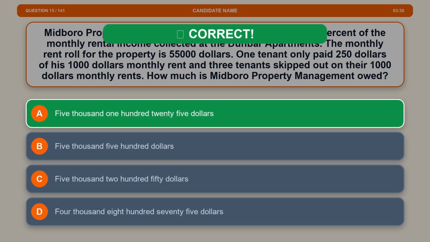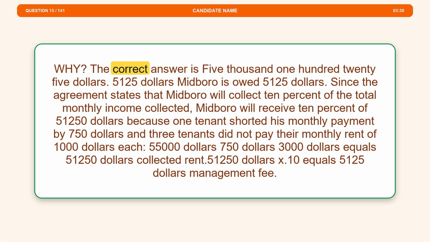The correct answer is option A, $5,125. Midborough is owed $5,125. Since the agreement states that Midborough will collect 10% of the total monthly income collected, Midborough will receive 10%